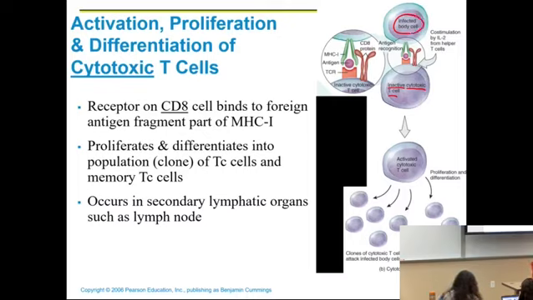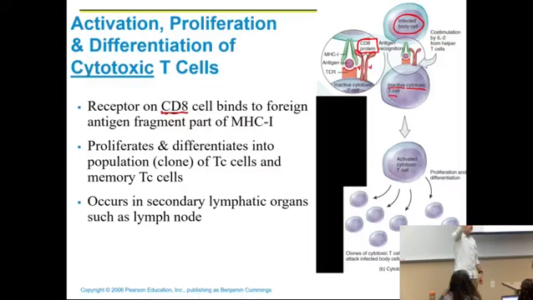What they have on the cytotoxic T cell is what's called a CD8 protein. And this is why cytotoxic T cells are sometimes called CD8 cells, because they have the CD8 protein. Notice it has two golf club parts to it. This one is kind of a 4, and this one's a 4. So two 4s together, that's 8, and that's where the name comes from. So it has this receptor called the CD8 receptor, and notice it comes out and inspects and binds with, like a